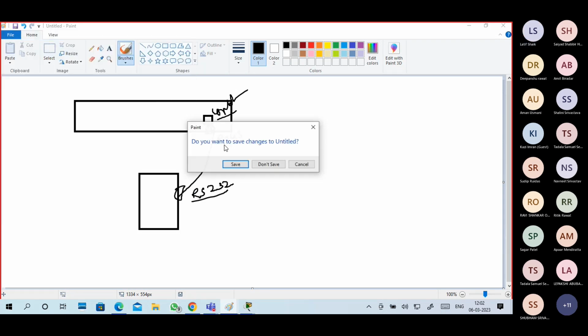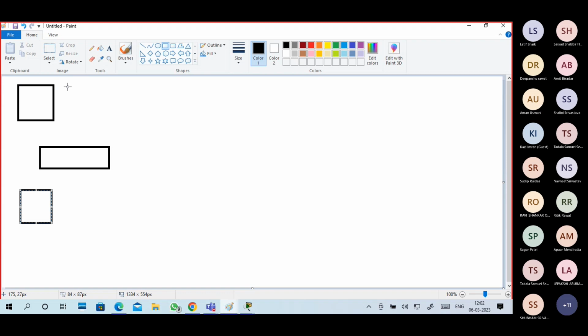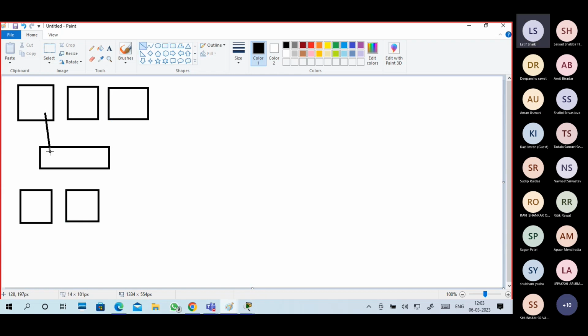Okay. So we have a hub and we have devices. The hub doesn't understand what a MAC address is, what an IP address is, or anything. So I'm connecting these devices to our hub.